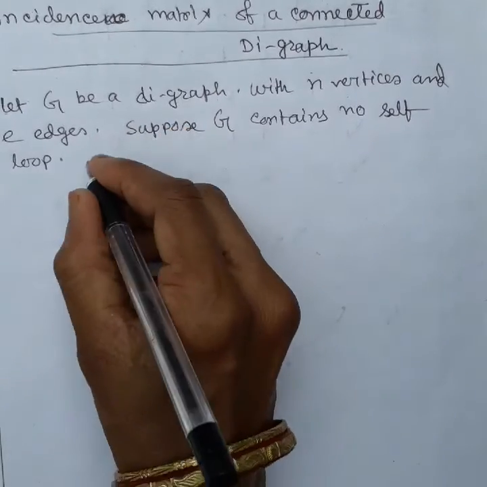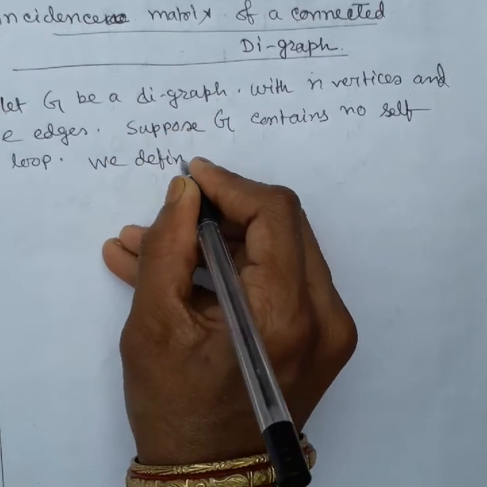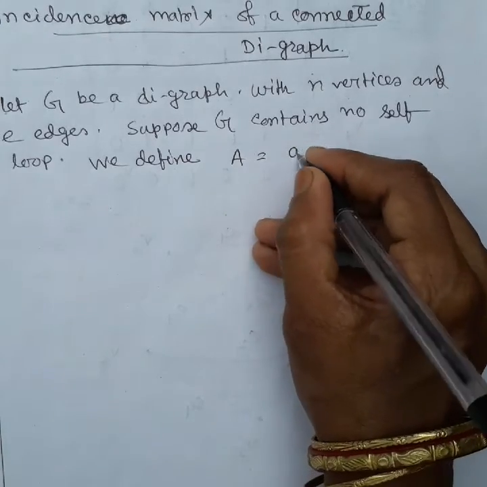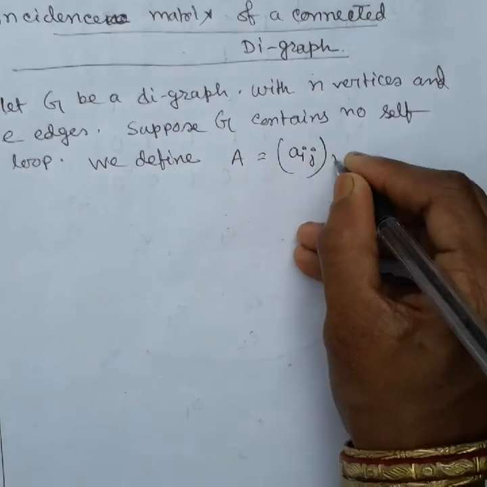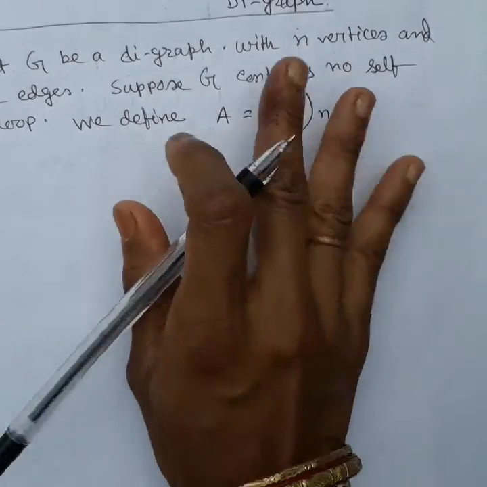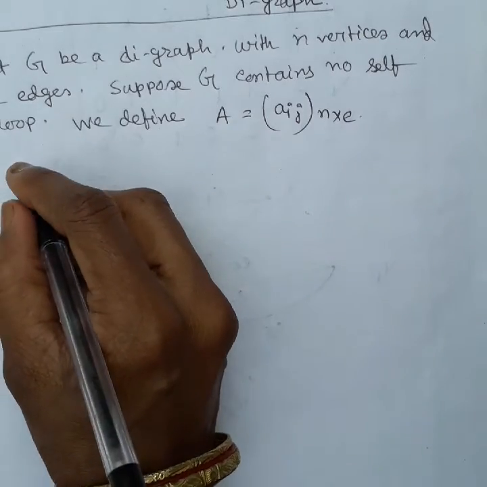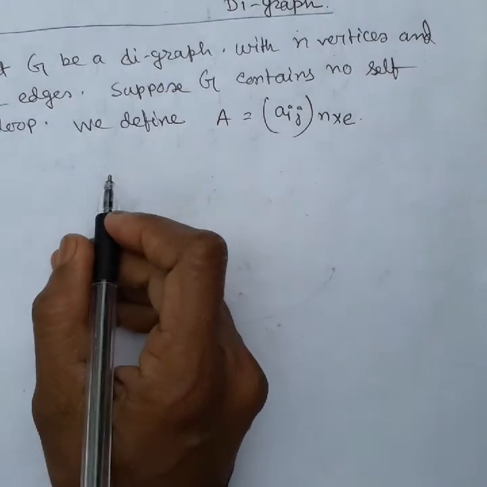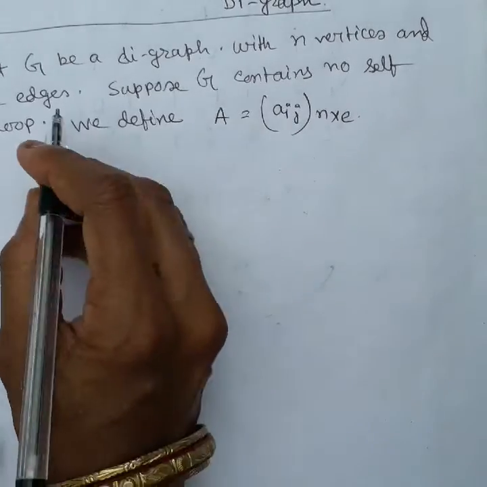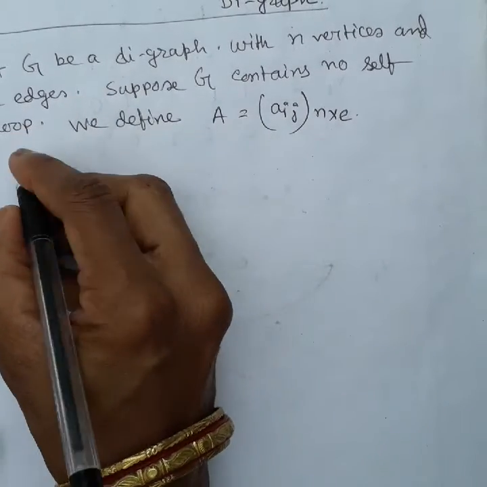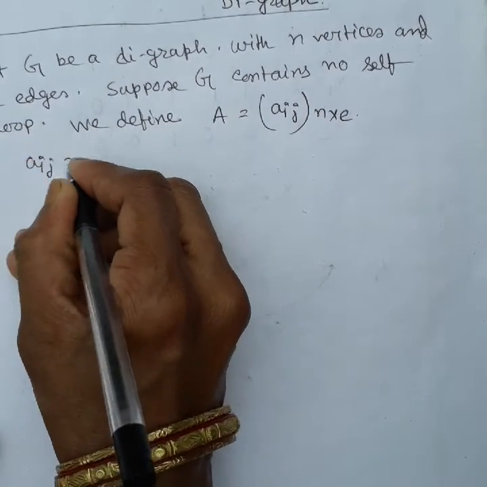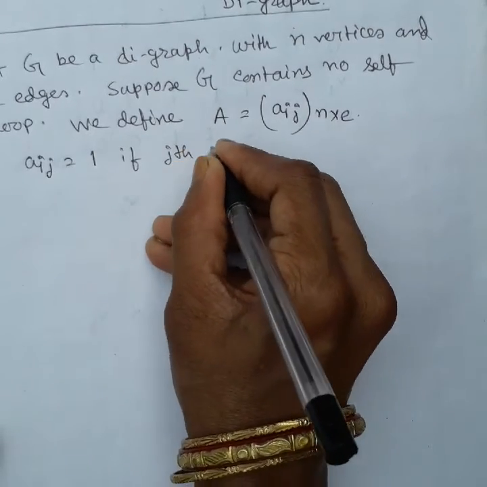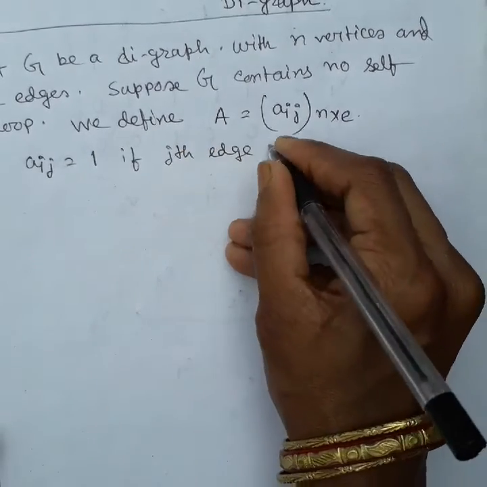So we define here the matrix A equals Aij, n cross E. Here also the vertices correspond to the rows and the edges correspond to the columns. And here Aij is equal to 1 if the jth edge is